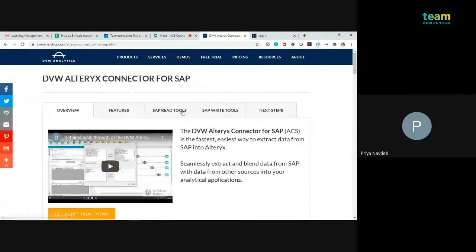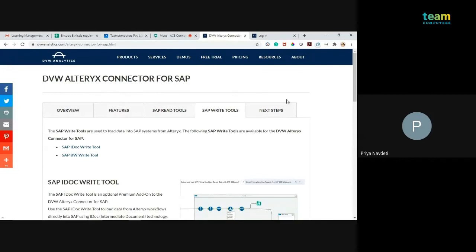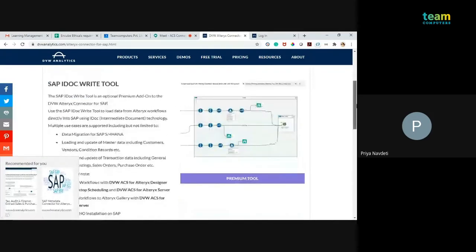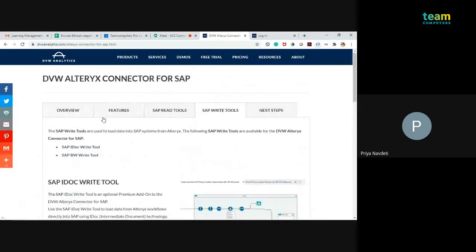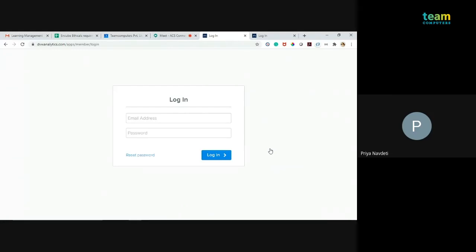If you want to go through more about the SAP read tools and the table data tool, all the explanation is given here. Even in the demo they have shown how to use this tool and what fields we require. An installation guide is also provided here, so we need to log in and get it.